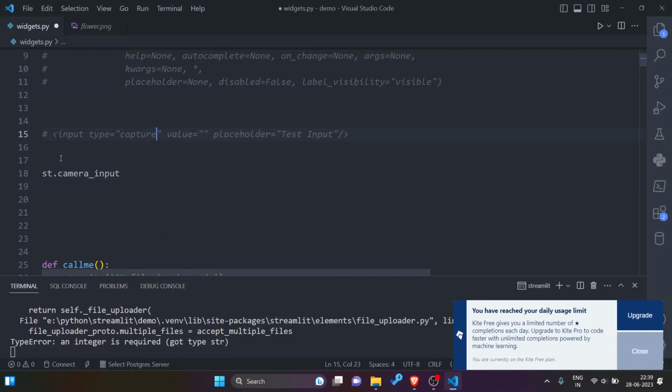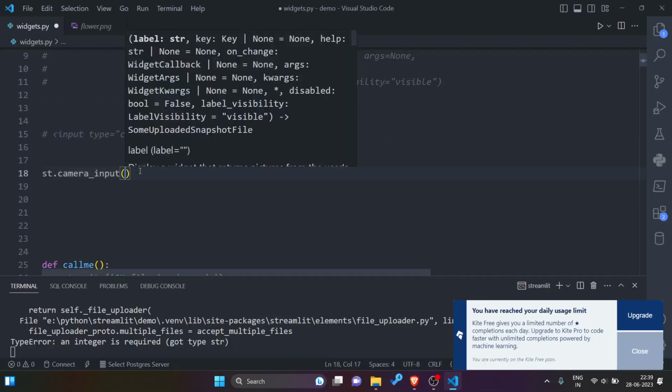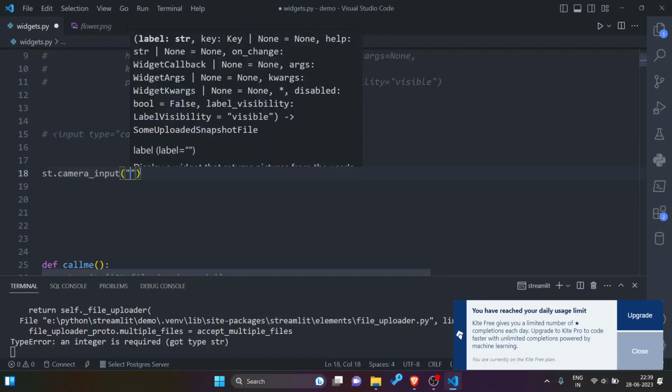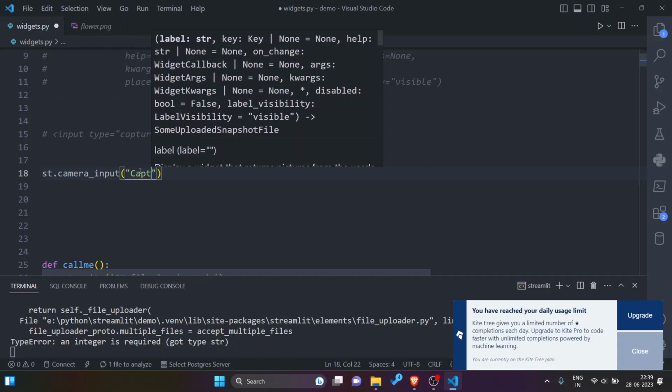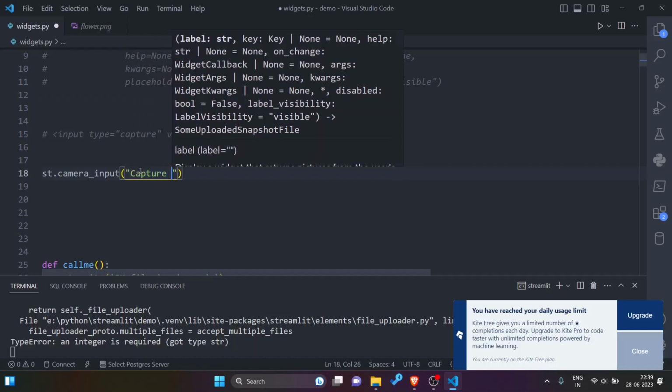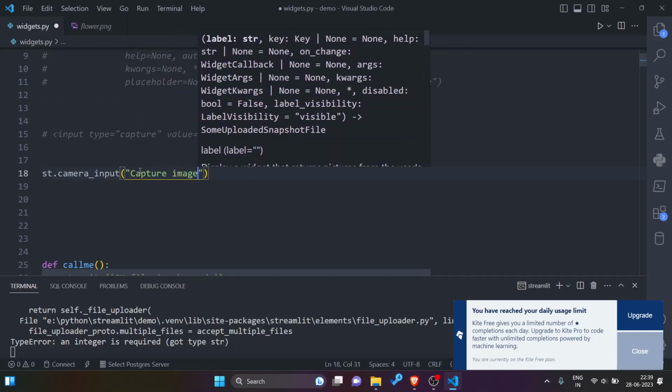Equivalent option in Streamlit is st.camera input. The desired argument is label. So let me say the label is capture image.